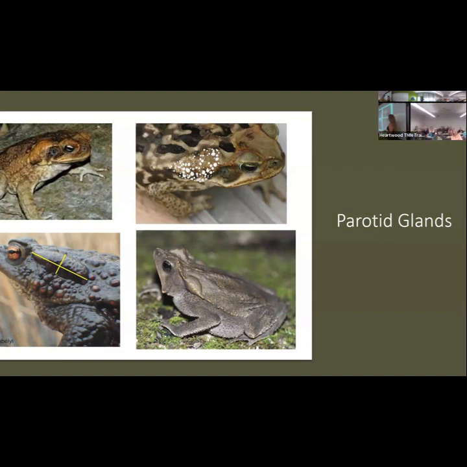Right. This is also the part people are licking on certain species of toads to go on trips. But those are more South American friends. This is a parotoid gland on a South American frog here. And you can see how different the shapes are. That's a cane toad. That's a big, big parotoid gland. This is more of an oblong parotoid gland. So they are poisonous if you eat them.